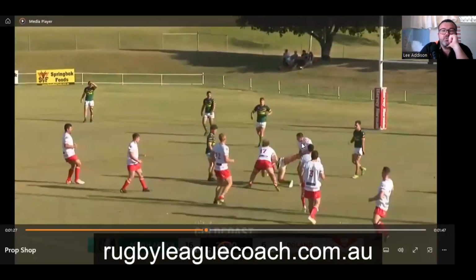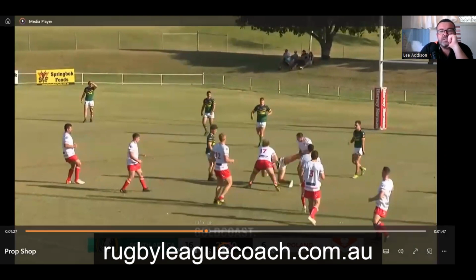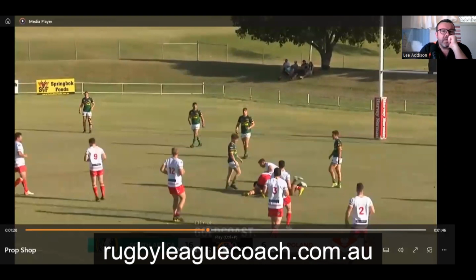Now, not sure who this is here, but he's quite far away from the collision. But number 17 is in a great position where he can pin this guy to the ground and really keep him there. Now, from this position, I would expect Poland to be in complete control of this ruck. I know we're going away from props a little bit, but this is the middle of the field, so it does impact props. So a prop who's watching or a parent of a prop, these are all the things that